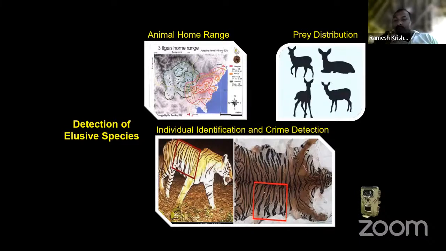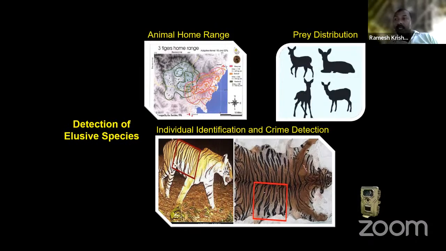The same camera trap is also now used in other ways. These pictures have been collated and stored in a centralized depository. If anywhere a tiger is poached or a skin is confiscated, we can easily find out where this tiger came from. So it's also easy to identify the source of the poaching incidents. Earlier, it was not possible. Based on the camera trap continuous monitoring system, or during the period that I mentioned, one can use those location details and come up with the home range of the animal.